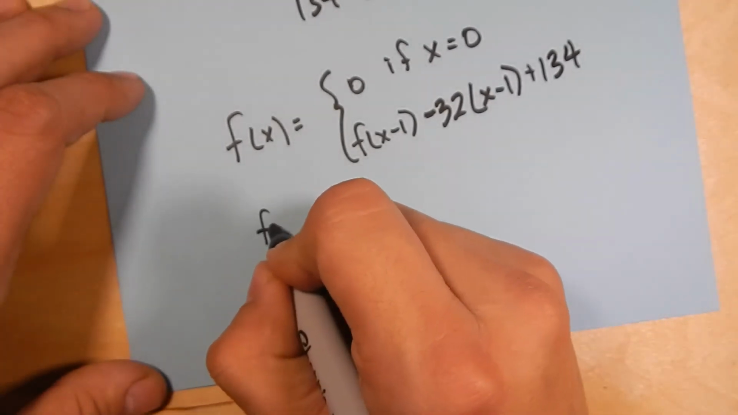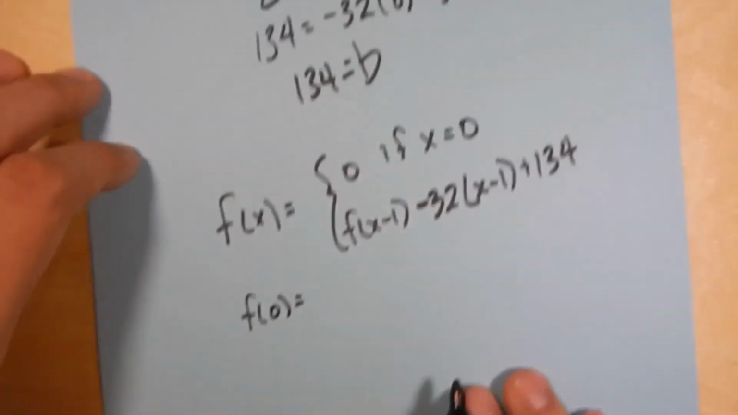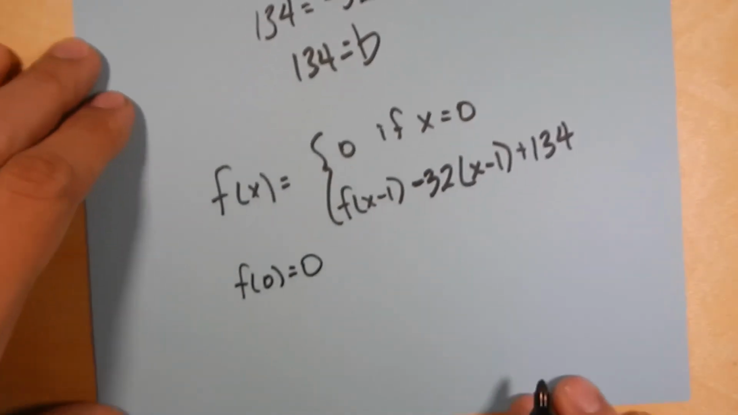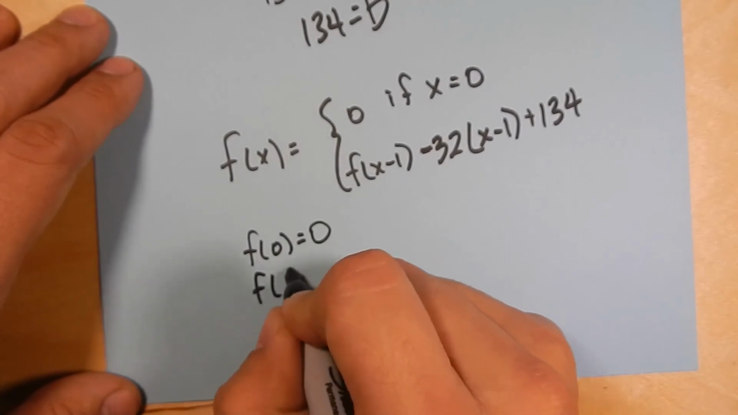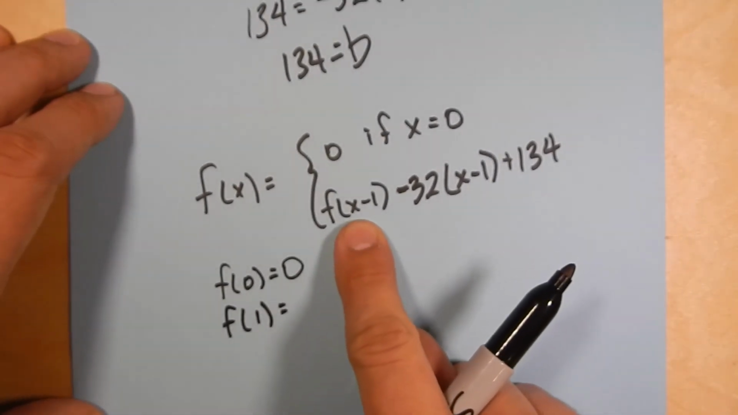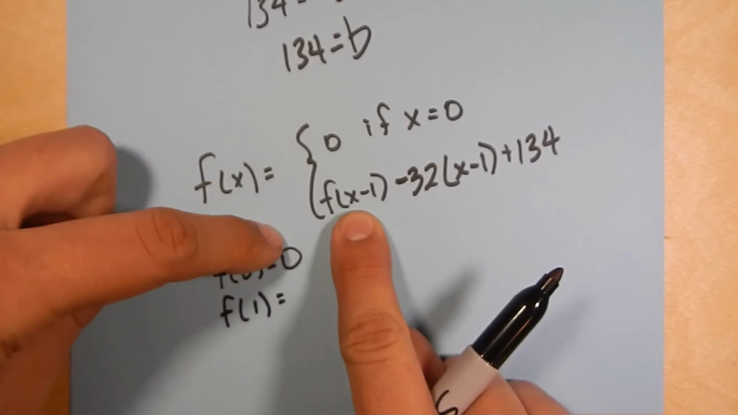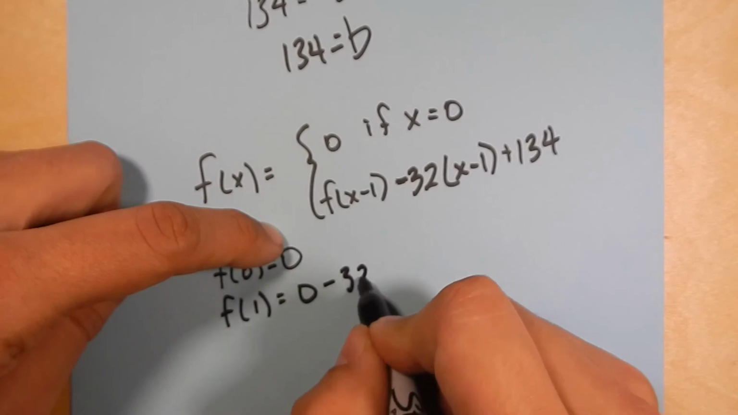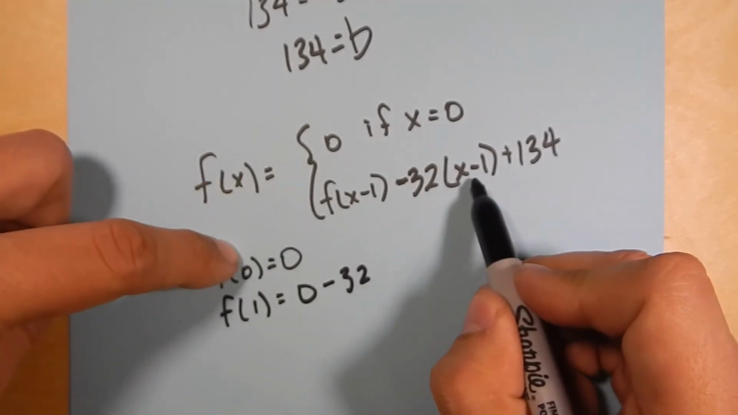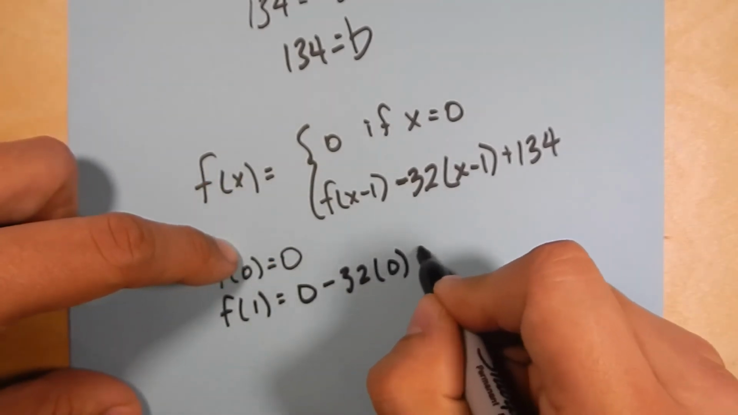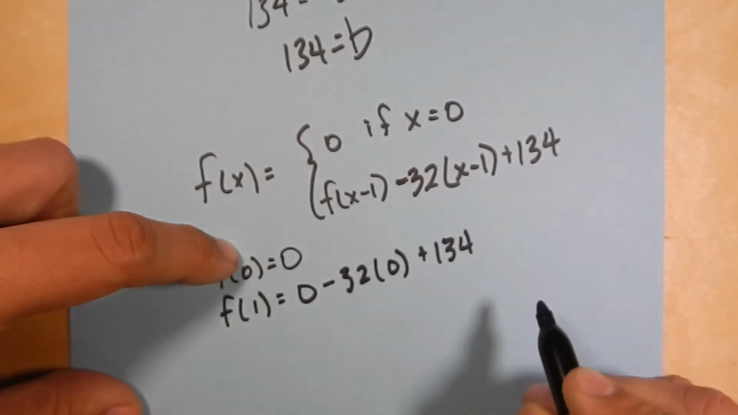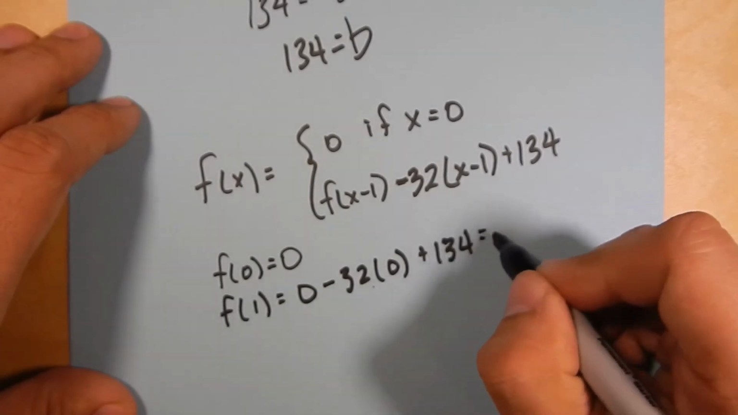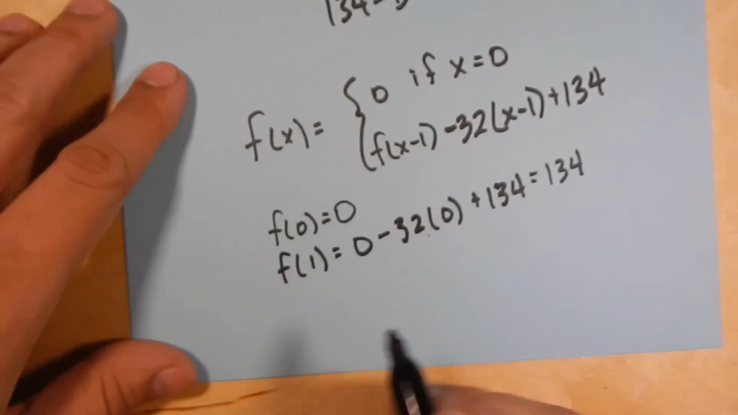So let's say f of 0. Well, we know that if x is 0, f of 0 is 0. Fair enough. F of 1. So that is f of x minus 1. So that is the output here that we just got. So that's 0 minus 32 times the previous input, that's 0, plus 134. So this 0 minus 0 plus 134, that's 134. F of 2